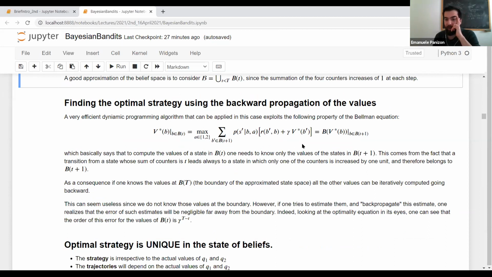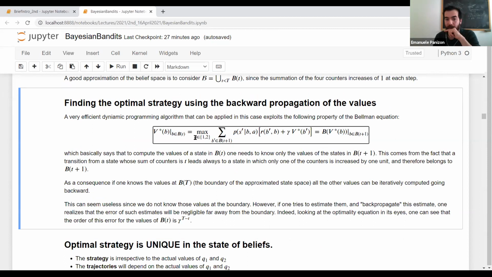We want to do the usual, the optimal value function in a belief, but now we restrict ourselves to our subset. You have to take one of two actions, and since the subsets are perfectly stacked one on the other in time,